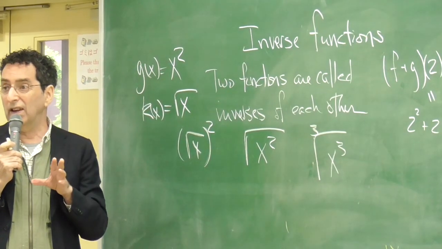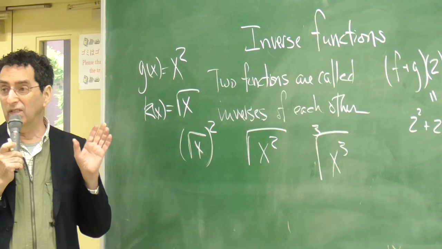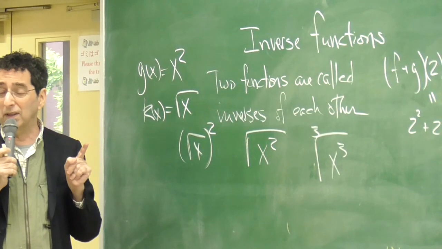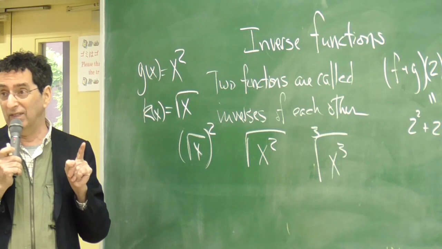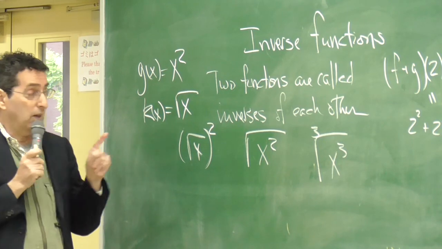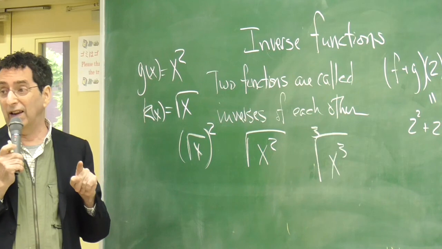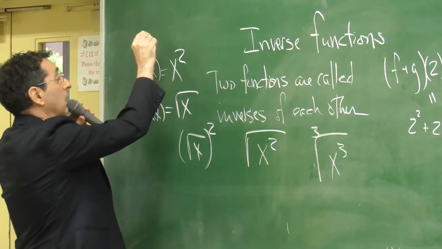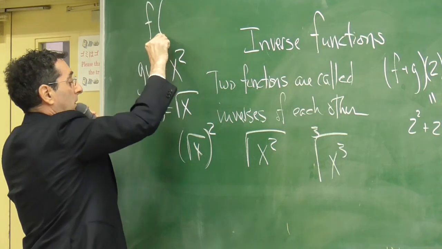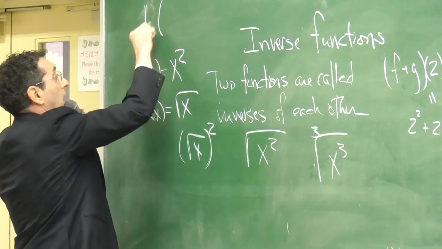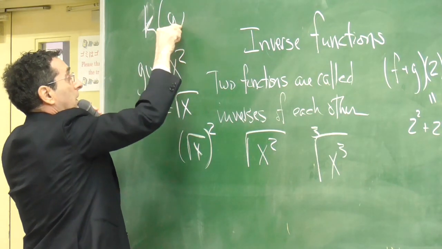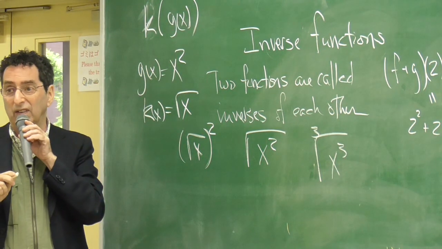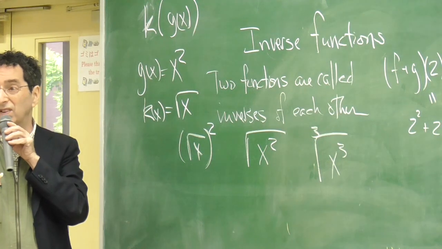Because when you do them together, then nothing happened. And what do I mean by doing them together? I don't mean adding them together. Right? If you add these together, you don't get x back. What do I mean by doing them together? I mean, if you do this, k of g, that's what I mean by doing them together, right? Putting one inside the other. Right? So when you do the composition of the two of them,